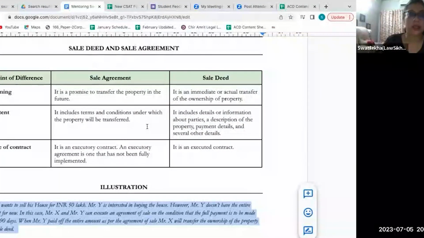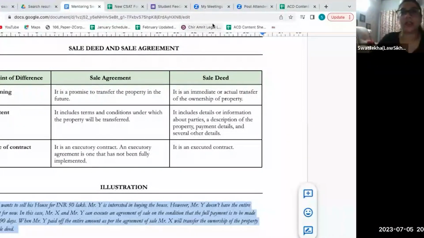That's it. Okay? And another thing you need to understand here is the difference between an executed agreement and an allotment. You know that whenever there's an under-construction flat, there's an allotment process, right? By virtue of which you are allotted an apartment, right? So here I read about a Calcutta High Court judgment. I'll get to the name of the judgment in the next class.